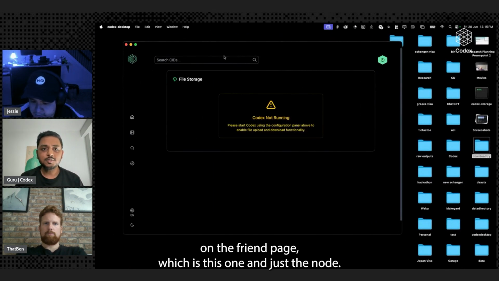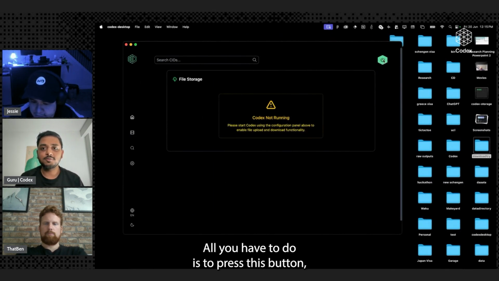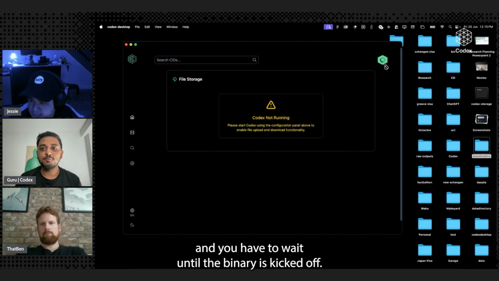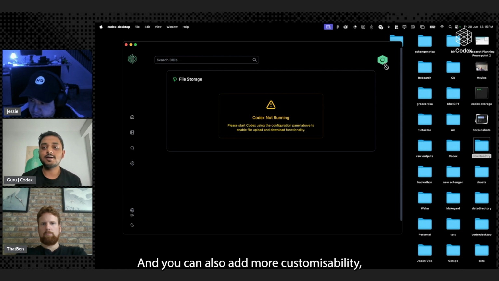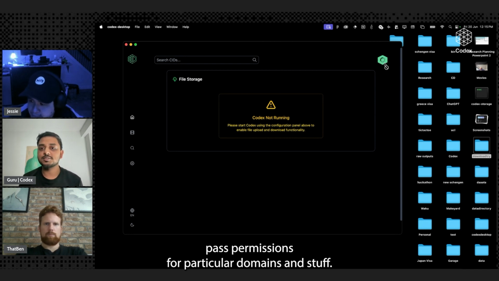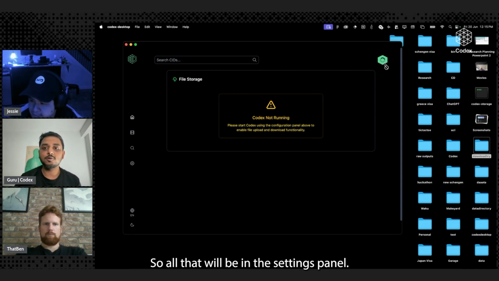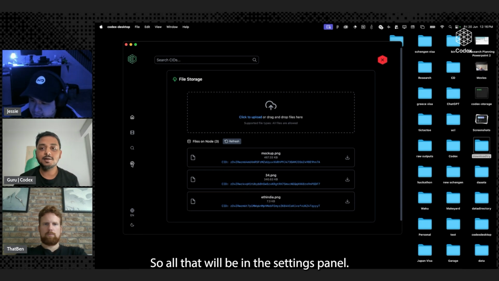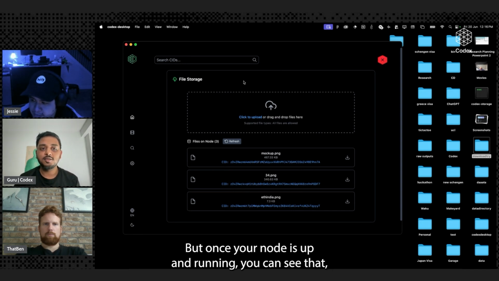And to start the node, it's simple. All you have to do is press this button, and you have to wait until the binary is kicked off. You can also add more customizability, like adding CORS permissions for particular domains and stuff. So all that will be in the settings panel. But once your node is up and running, you can see that